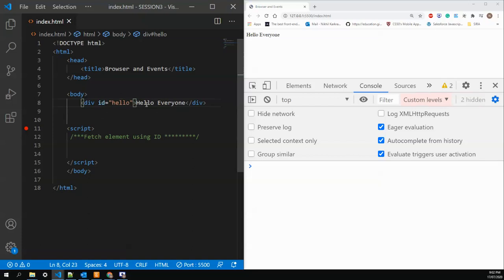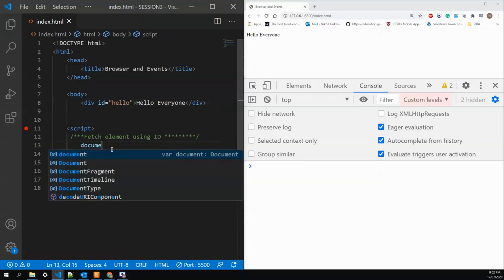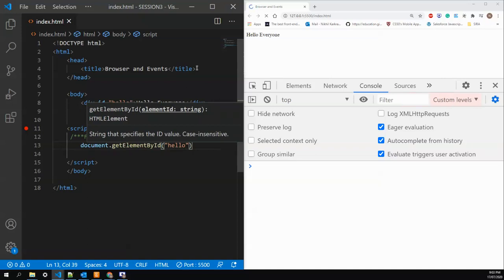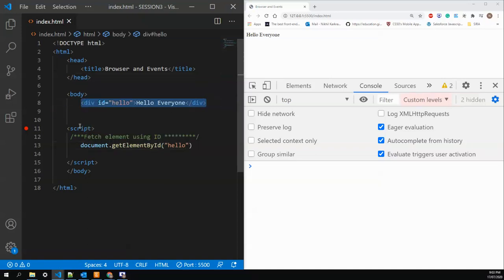If I want to fetch this element, I can write document, because all these methods we're going to use here come from the DOM. The DOM is nothing but the document, so the root element is document. So document.getElementById, and just pass the ID name. It will return me the whole element. I'll store that element in elementId,